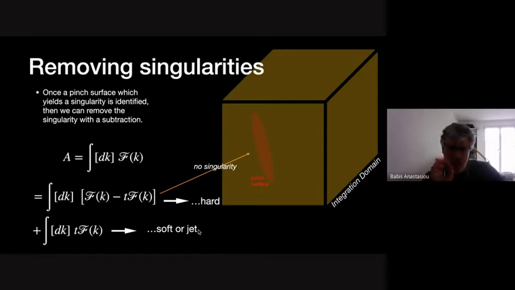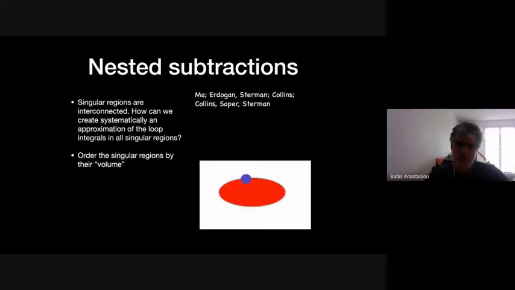The situation of one singular surface is particularly simple, but reality is more complicated. You have more types of singularities. And the singular surfaces, they touch each other, they overlap, they are quite entangled. So how do you deal with a situation that you have to subtract more than one type of singularities? Again, the factorization theorems give us a very practical solution on how to do that, which is actually quite robust.